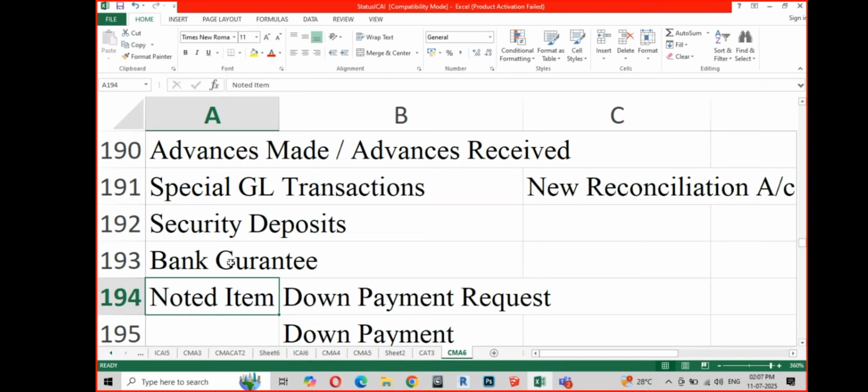So how is this particular transaction handled? Let me stick to advances. I'm just giving you examples of a few transactions which make up the special general ledger transactions. Such transactions classify as special general ledger transactions